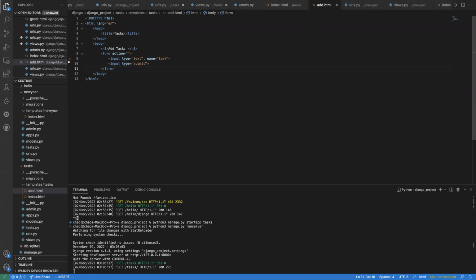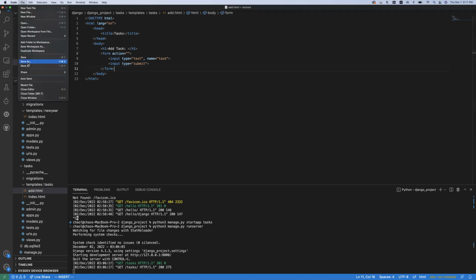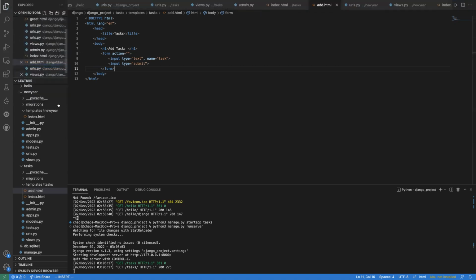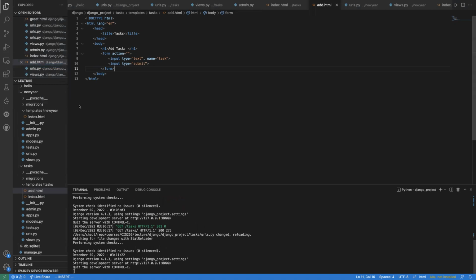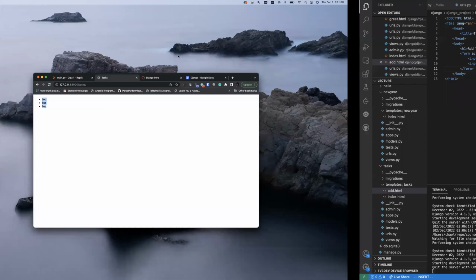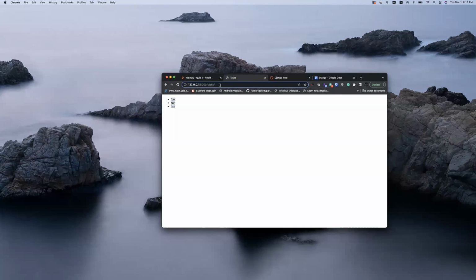Now, this is good, let's save it. And then nothing wrong with that. If we go to tasks, let's do that. If we do add, you can see this is what we just added. So now,